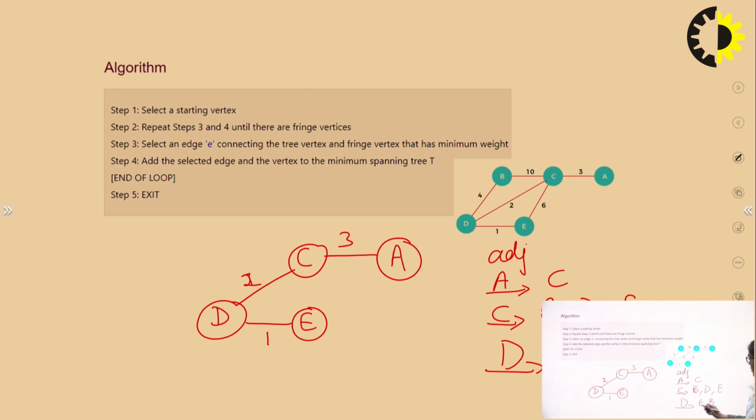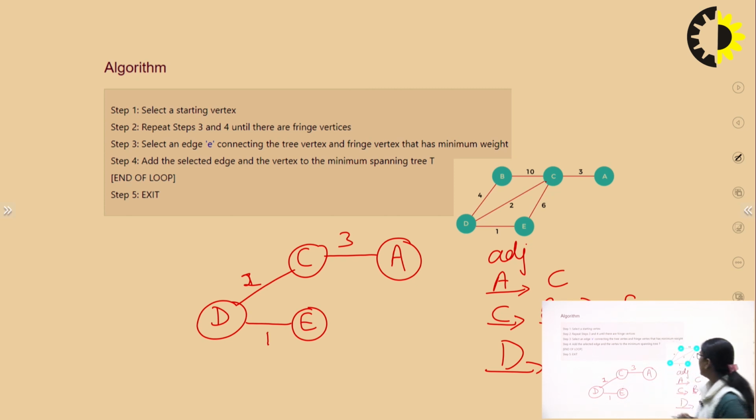Okay. So D to E is already done. Now, discovery of E to C would make a cycle. Now, what is the next vertex to be discovered, which is B. So, for the B node, we can go C to B and we can go D to B. So, if we are taking D to